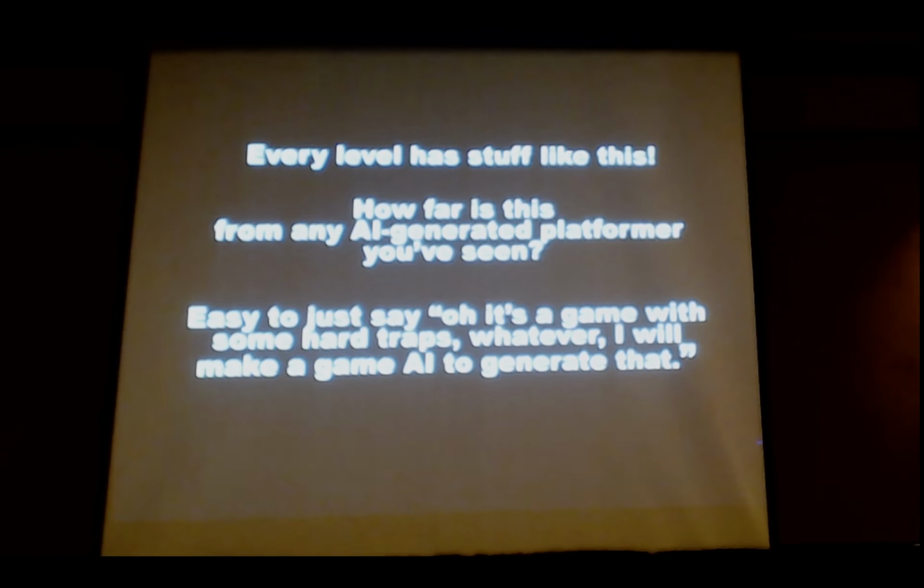And if you look at that sequencing of ideas and the way they develop and take turns and give you surprises, how different is that from the feeling of any procedurally generated or AI generated platformer that you've ever seen? It's very, very different. At least I feel that way. Now,